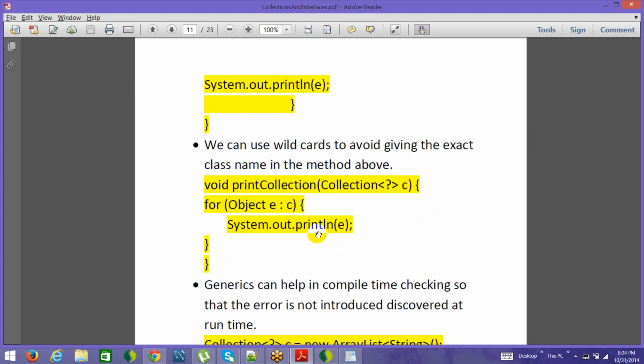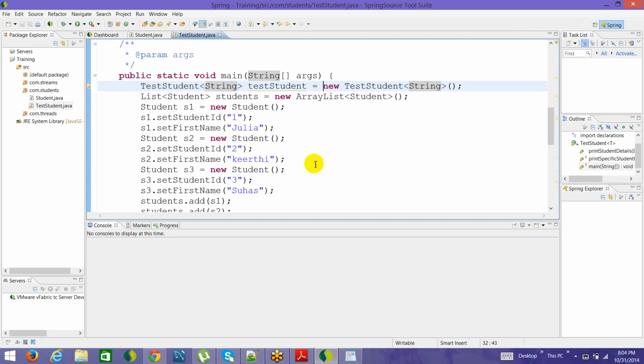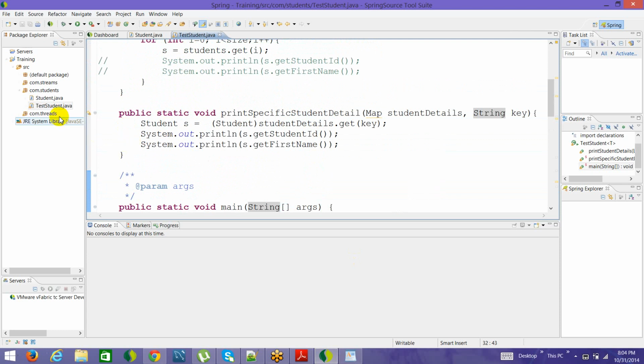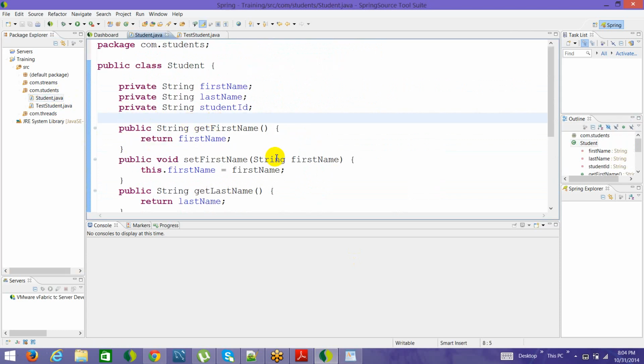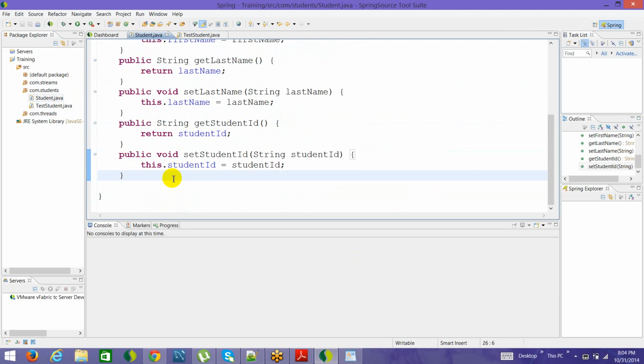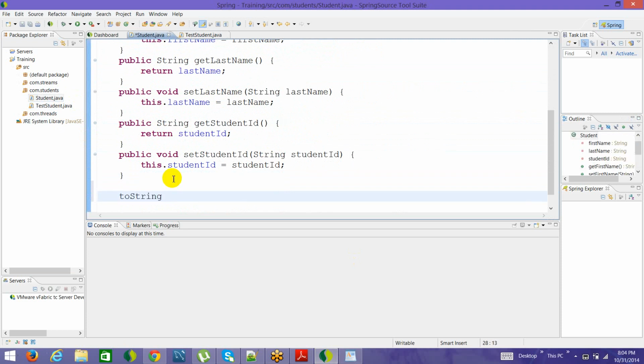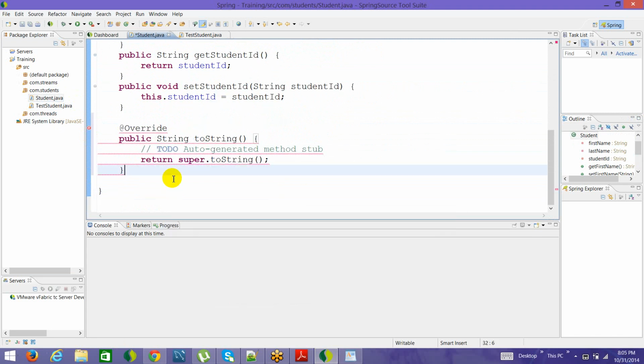All right, so here in the collection I can use System.out.println on the object itself, and depending on the type of object, for a student object, instead of defining everywhere what I want, I can just define a toString method. Every object has a method named toString in the java.lang.Object class, and you can override it